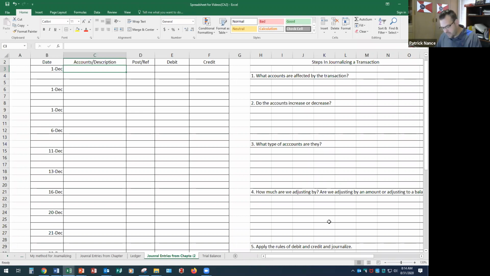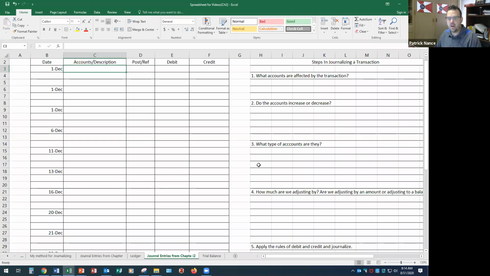So I'm looking at December 1st transactions. It says Net Solutions paid a premium of $2,400 for an insurance policy for liability, theft, and fire. The policy covers a 1-year period. Okay, so first thing I want to talk about, there's a new account involved here. When I pay something ahead of time, so they paid this on December 1st, but it's for the next year,